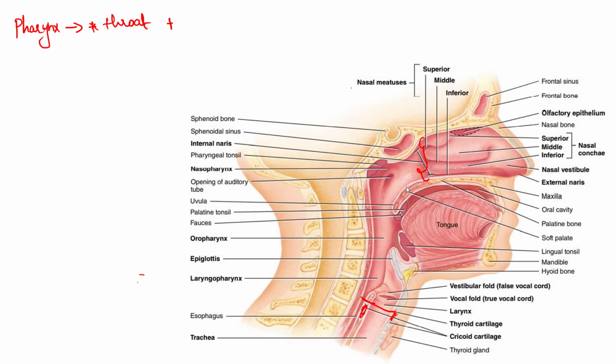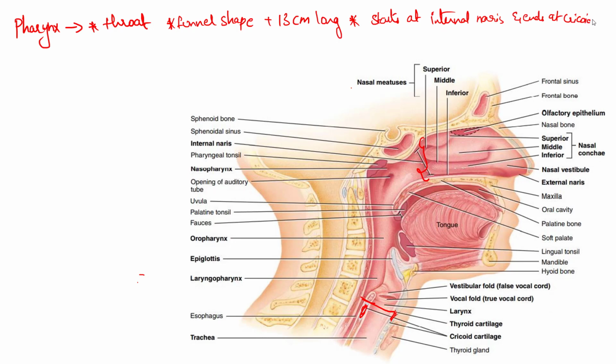Isn't it looking like a funnel? So it will be in a funnel shape and it is 13 centimeters long. It starts at internal nares and ends at cricoid cartilage. And after this pharynx, you will be having larynx. This pharynx is located posterior to our nasal cavity and oral cavity and superior to larynx, and it is anterior